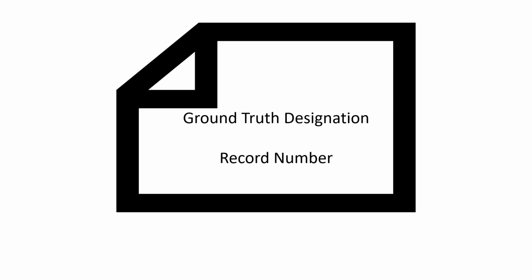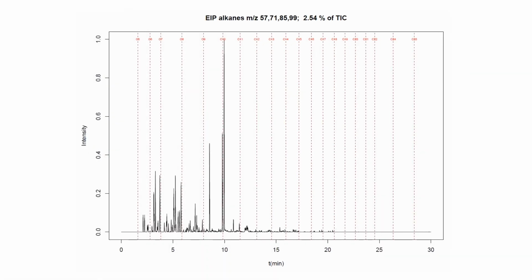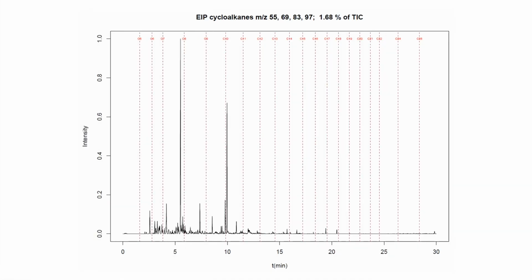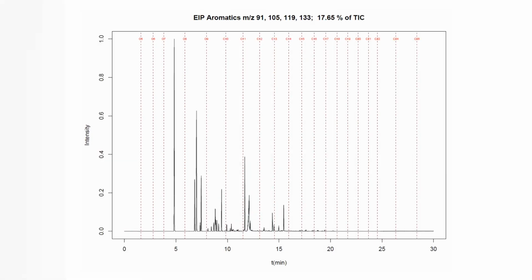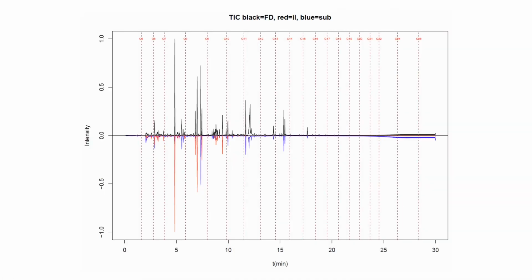The file will be labeled with the record number and the ground truth designation as to whether the sample contains an ignitable liquid or only substrates. As previously mentioned, the PDF contains a total ion chromatogram of the sample, extracted ion profiles, and compound identification of the major peaks in the substrate